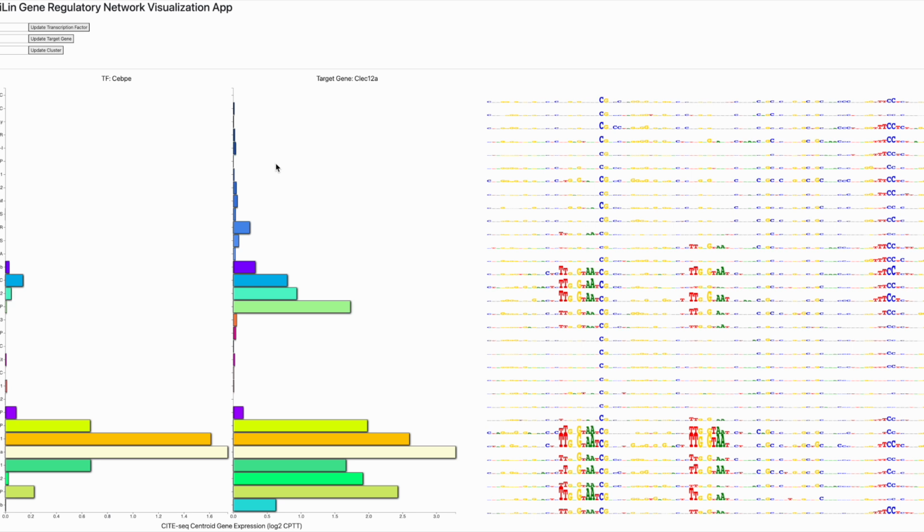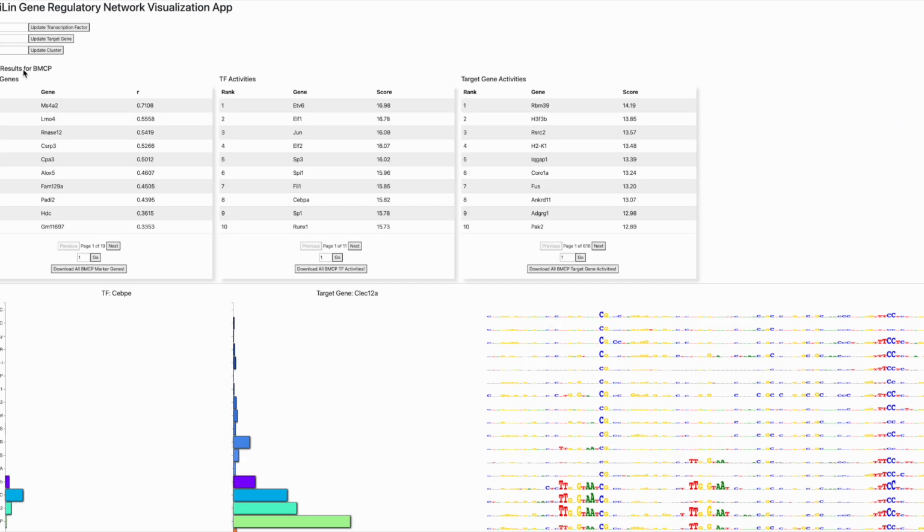Alternatively, we can also select the cluster, and we would do so by using this third search box here. So for example, we can start to type out one of the clusters. If I just type B, it will pre-populate the only cluster that starts with a B, which is BMCP. So if we update the cluster, then we'll load 3 tables at the top here to describe features of